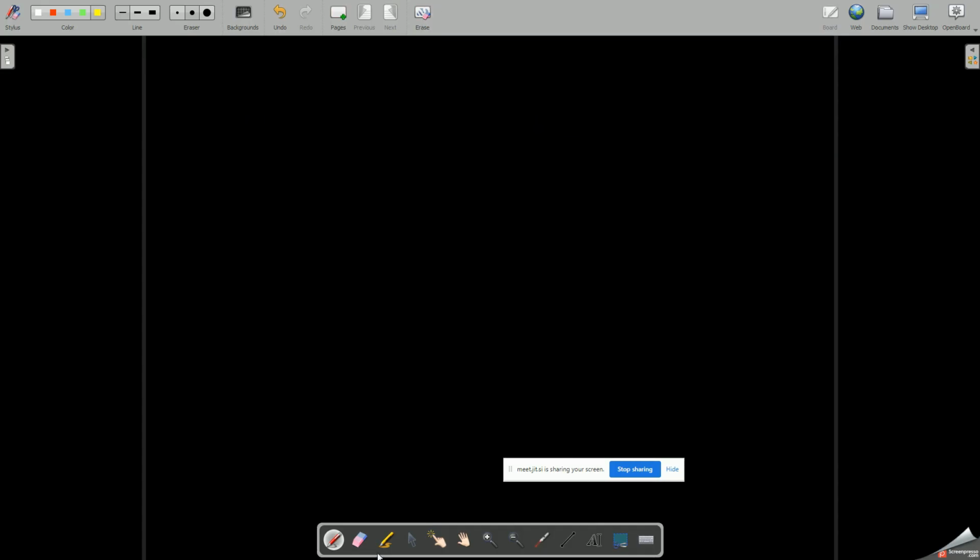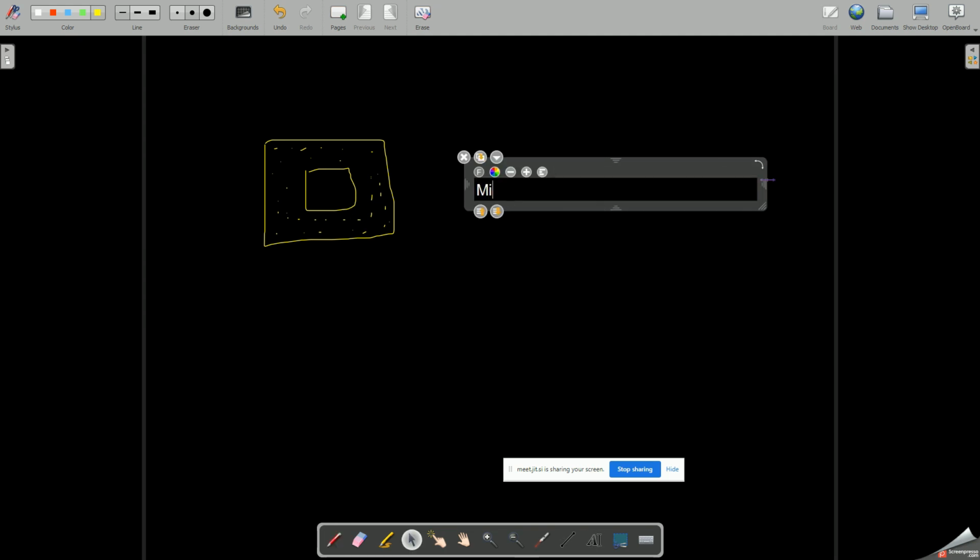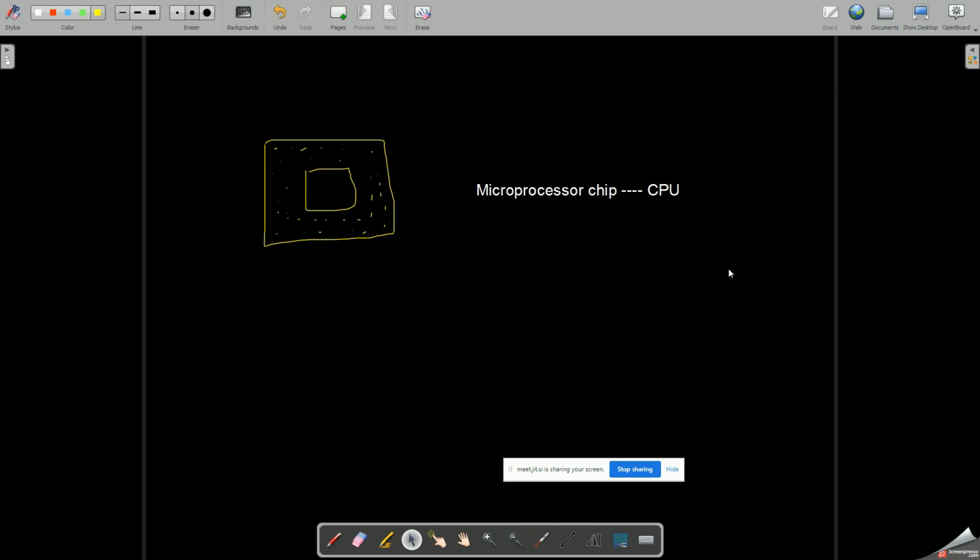It is just a microprocessor chip, which is fit onto your motherboard, and it has thousands of pins on it. So this is a microprocessor chip, which is actually the CPU of the computer.